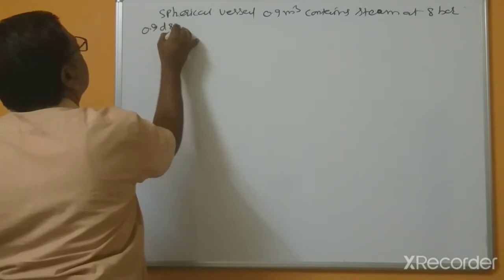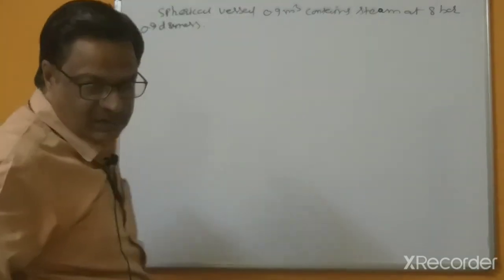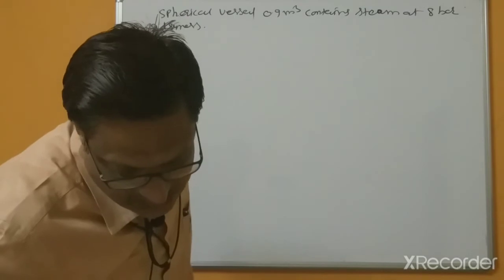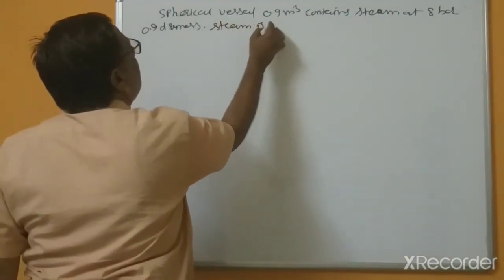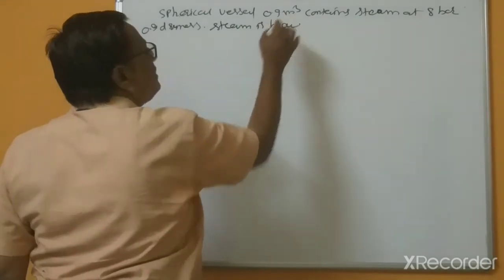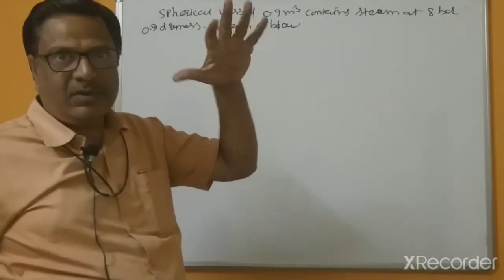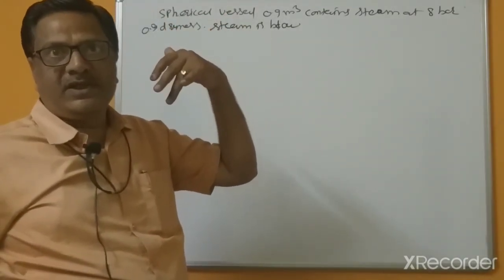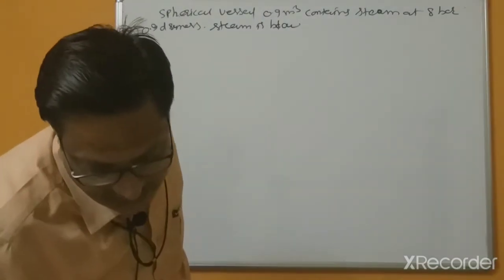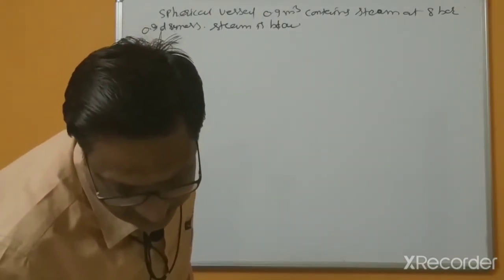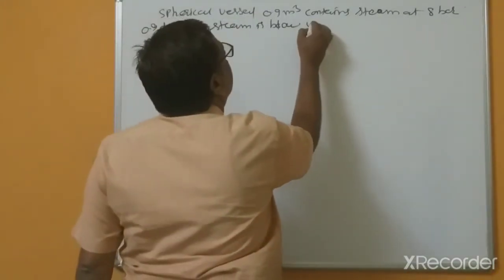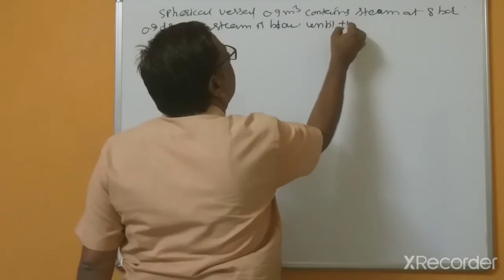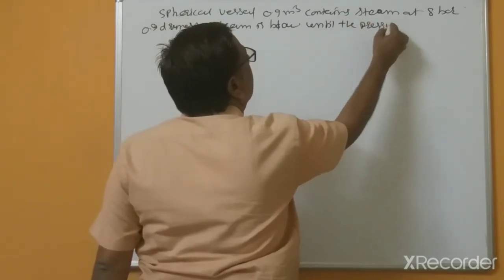0.9 dryness. Steam is blown off. Blow off means this is the wastage, or you can say transferred to the surrounding medium. Blow off until the pressure drops